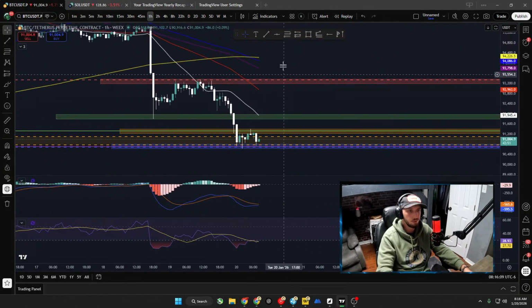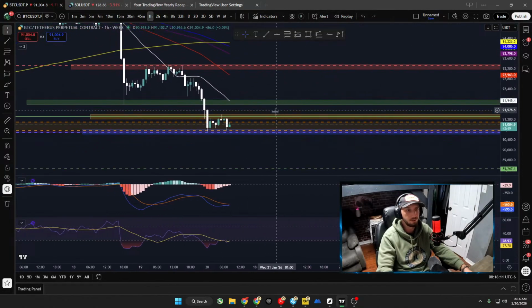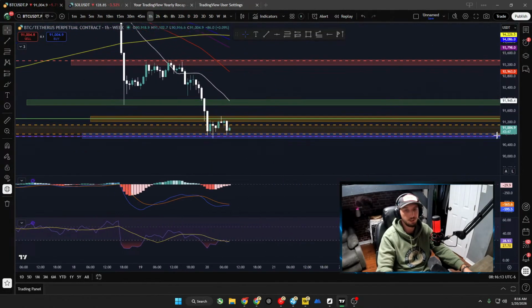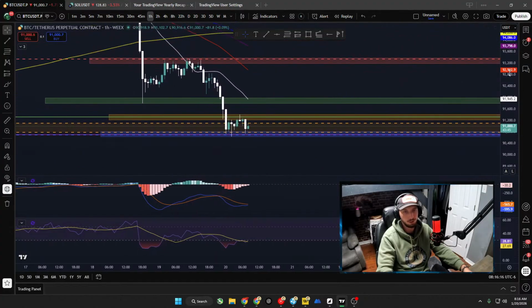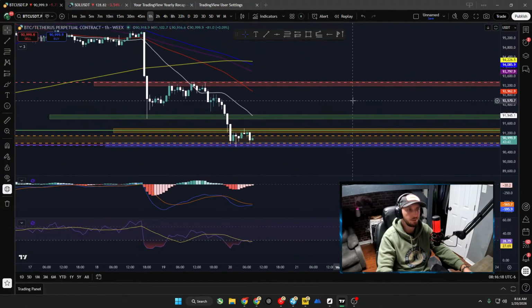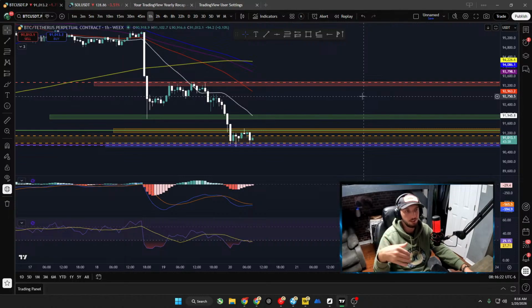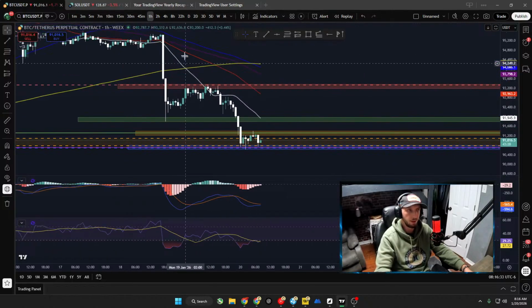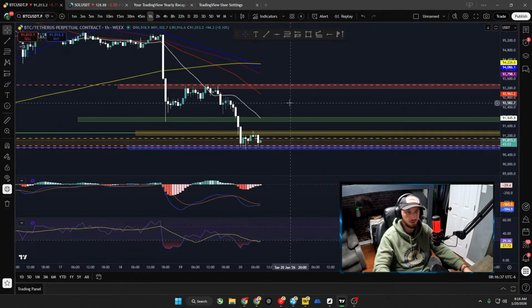We are below the 21 and the 200 on the 1-hour, so that tells us we're in more of a bearish trend here on the 1-hour. Just basic rules of TA, at least that we follow, is that if price action is above the 21 and 200, it's bullish. If it's in the middle, it's neutral, and then if it's below the 21 and the 200, it's bearish. So that would be why I would say the 4-hour is neutral to bearish, and then the 1-hour, I would say overall